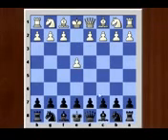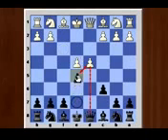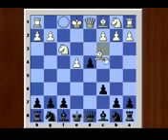e4, c6, d4, d5, f3, and d captures e4, f captures e4, e5, challenging the white center, knight f3, e captures d4, bishop c4, knight f6,